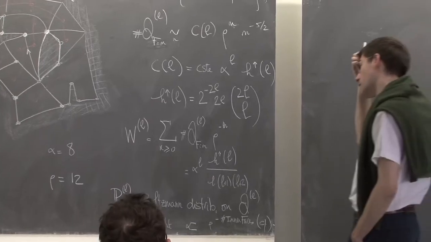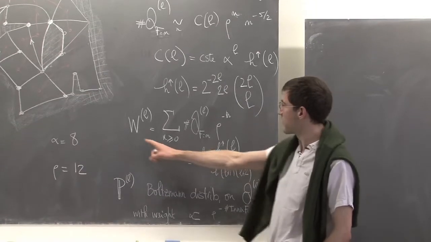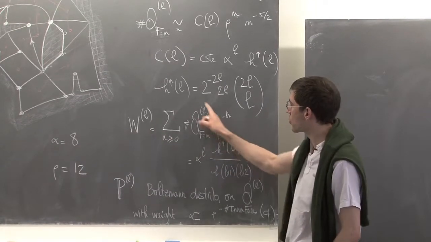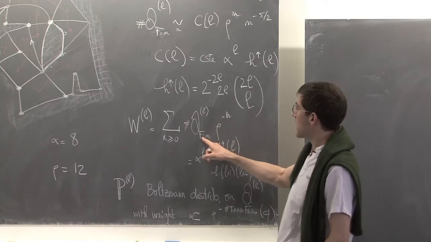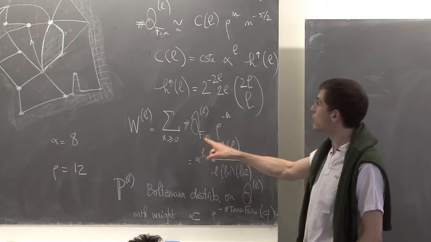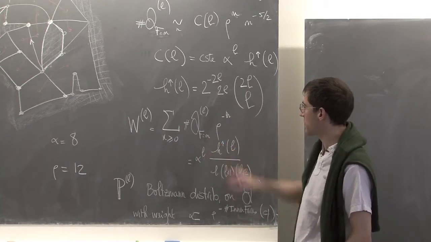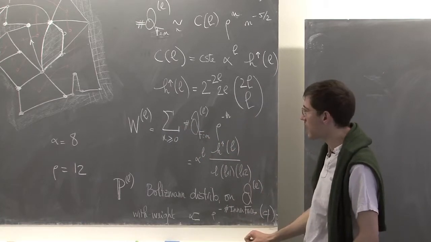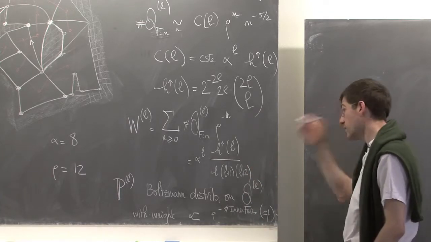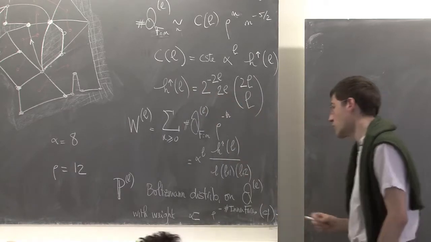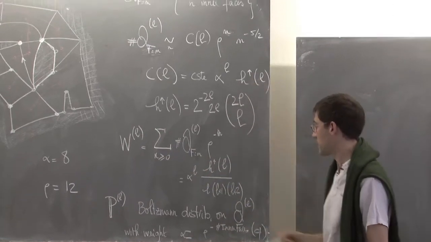And we will also need the partition function. So I remind you that we define W_L as the sum over all the quadrangulations with a boundary of perimeter 2L. You enumerate them by the number of inner faces, and you put a weight which is rho to the minus n, where n is the number of inner faces. And this has an explicit form, recalled here, involving the same function h. And the series is converging because of this asymptotic.